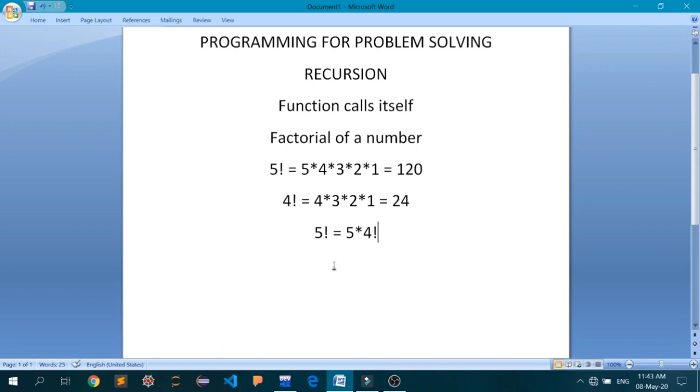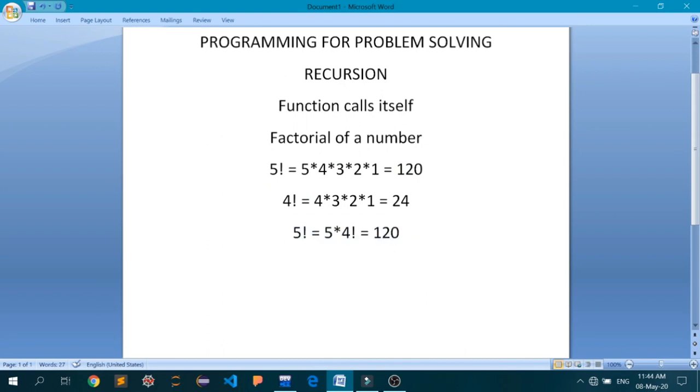If I put the value of 4 factorial in this expression, I will again end up with the value 120, which is exactly what we calculated at the first step. Why I have done this is, this is actually recursion in action.